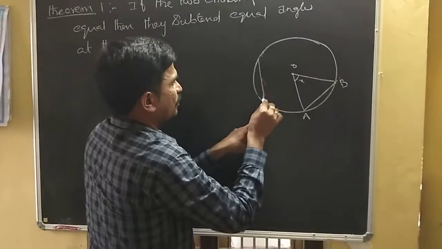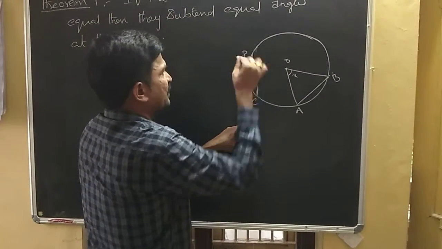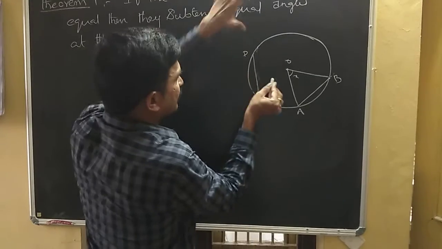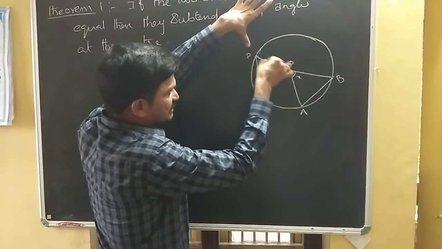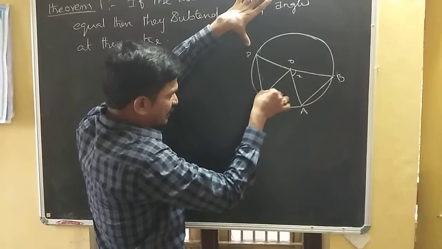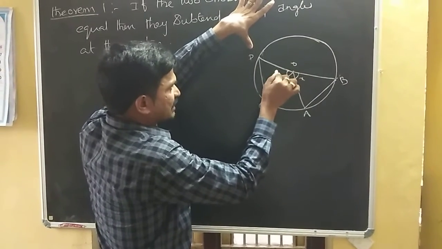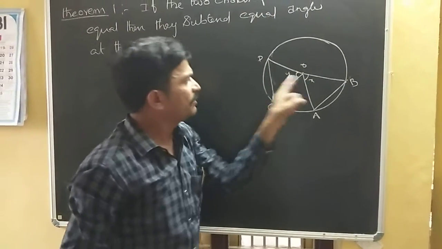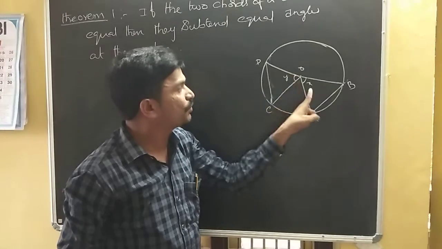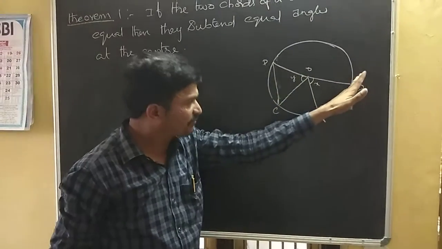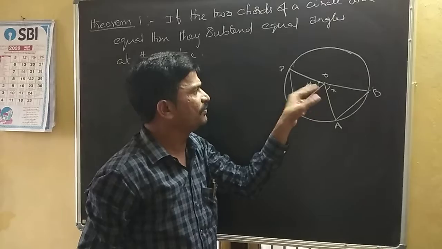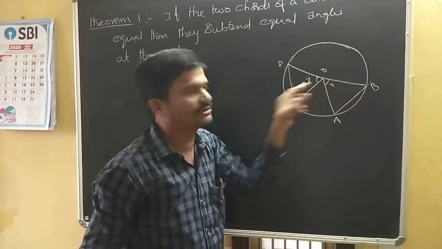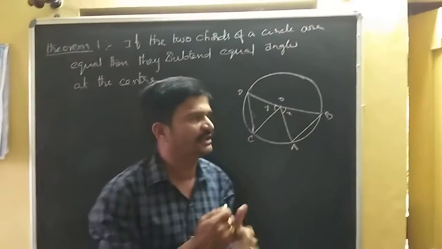Okay. Now, this is the chord CD, and this CD also, the angle subtended at the center, that is the angle. What is that? This is the angle. Then this is, let us take, this is Y. Now here X and Y are 2 angles subtended by equal chords AB and CD. Now we are going to prove, we have to say this X is equal to Y. How X is equal to Y? Let us see.